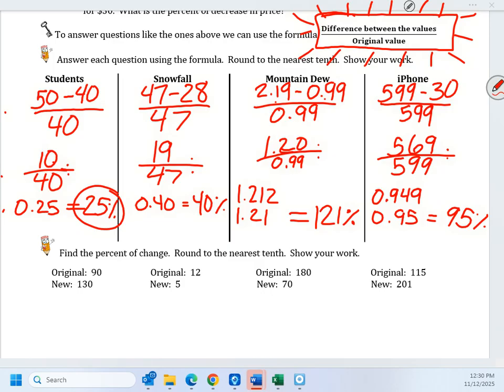So, important things to remember. Look at the two values you use on top. That bottom number is the first value that we got to in our equation. That's the original value. Remember when we write down our decimal, go to the thousandths place so you know how